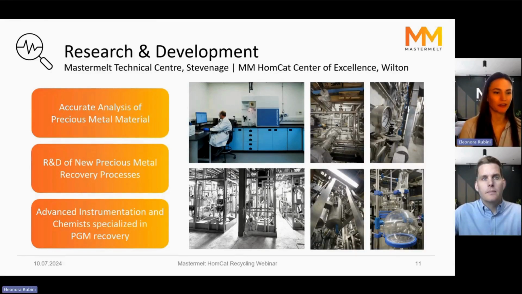That's right. There is a lot of sampling and research on the screening part in the very beginning. And we do have 2 sites in England that are specialized on this research and development. One of which being the Mastermelt Technical Centre, which is in Stevenage, not too far away from London. And the second one being this last expansion I was talking about in the very beginning in the introduction, our Mastermelt HomeCAT Centre of Excellence in Wilton in the north of England, which is specialized in this HomeCAT recovery, as